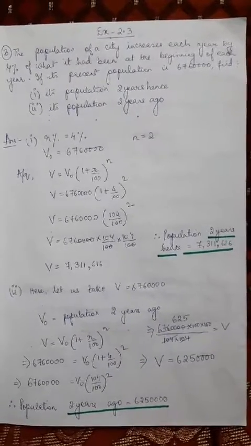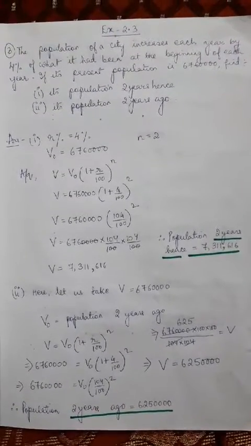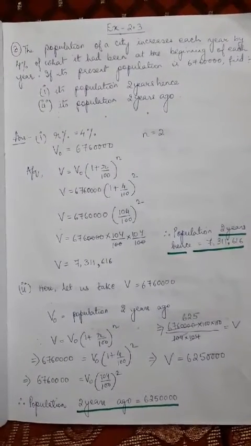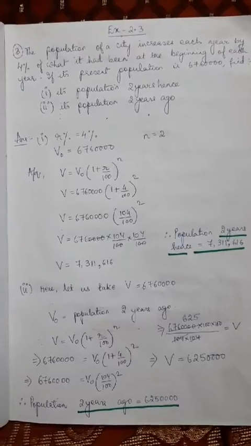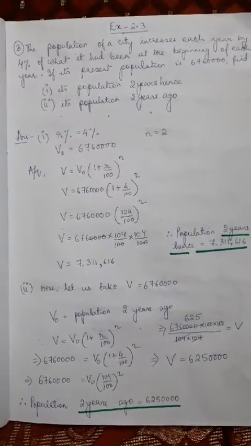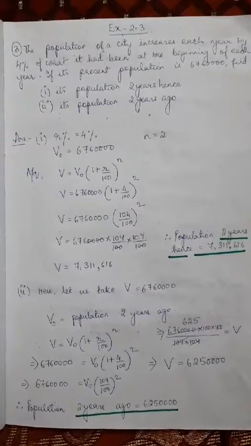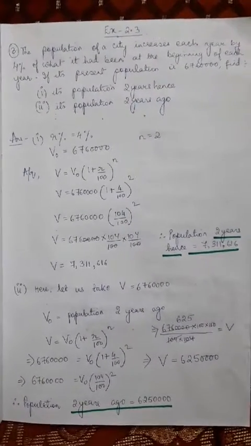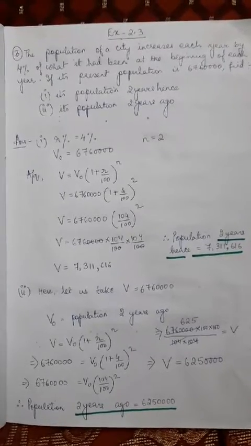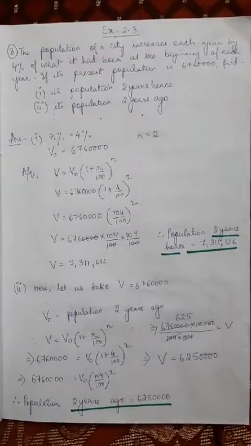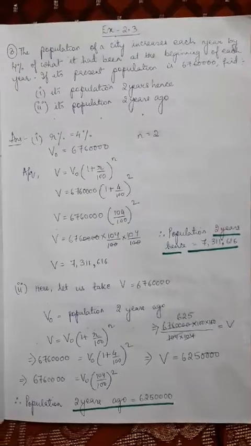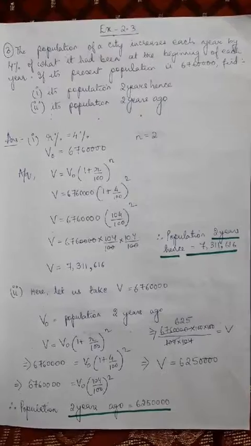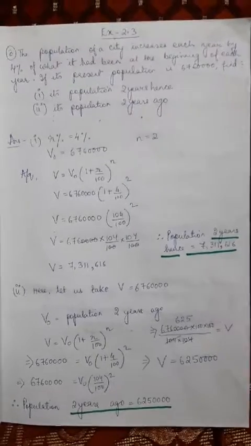So, what is given in the question? I write down. Given in the question, growth rate, since it's a population sum, naturally remember the sum will be based on growth. So, we'll use the growth formula out here. Rate of growth percent is given as 4%. Time is given as 2 years. And the present population is given as 67,60,000. So, by the formula of growth, V is equal to V naught 1 plus R by 100 to the